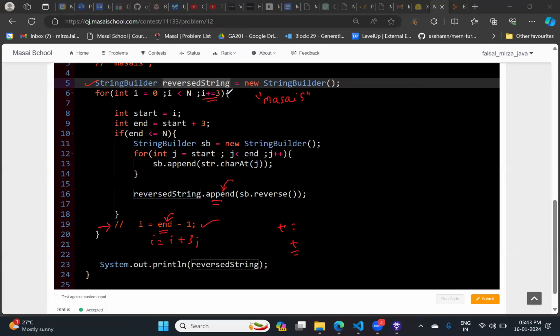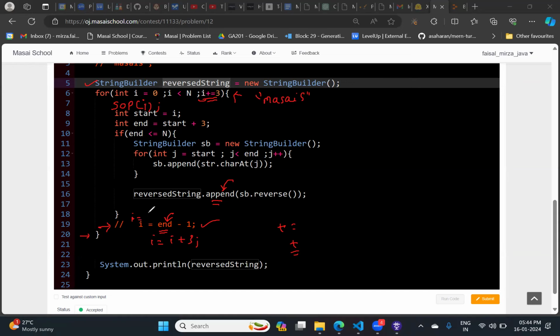Because that's what I'm telling you now. Either you change the increment condition, or, see, if I use System.out.println(i), can I get all the values of i? Yes, sir. Okay, if you are able to access all the values of i from line number 6 to line number 20, so I'm just changing the value of i according to me.